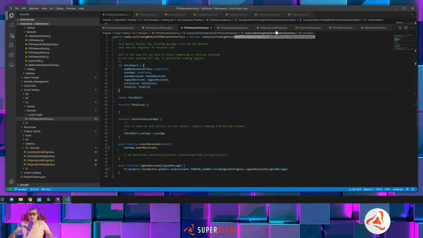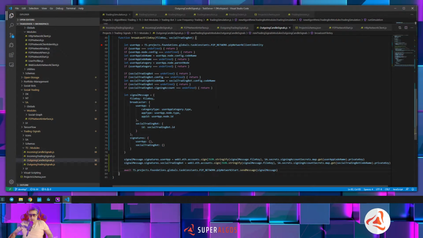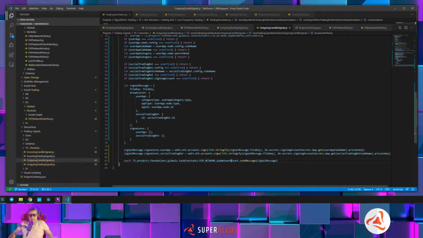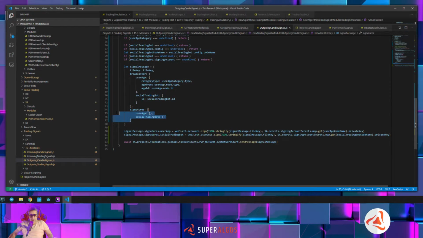Okay, and this outgoing candle is producing a signal message. The signal message is the one that contains the file key plus broadcaster information, the social trading bot broadcasting this, and the app that is being used to broadcast this, plus the signatures. So this message, exactly like this, once it goes through the peer-to-peer network, that is a pending task of things to do,